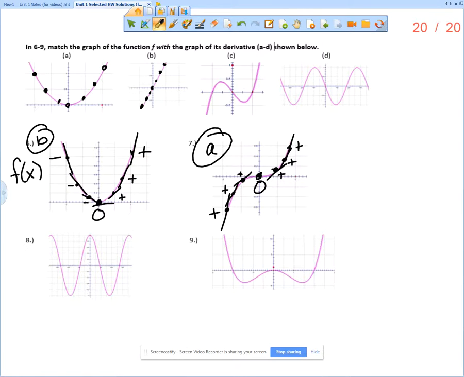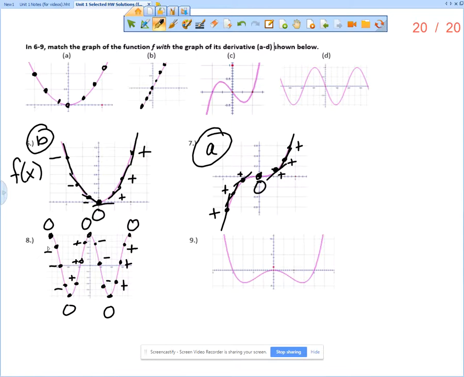All right, let's keep moving here. All right, so I'm going to start right here. So on 8, this first slope here is 0. Then we have negative slope, negative slope, negative slope, 0. Then a positive slope, positive slope, positive slope. Then 0. Then negative slope, negative slope, negative slope, then 0. And then positive slope, positive slope, positive slope, 0. So we want a graph that is negative, then 0, then positive, then 0, then negative, then 0, then positive,